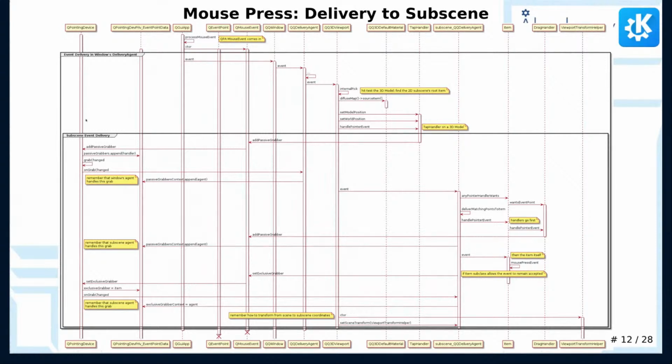The result is like it was before. It will be appended to the passive grabbers list in the event point data, and the signal will be emitted. The subscene delivery agent is going to add itself as the context for that particular passive grab. Next, we deliver the event to the item itself because it's one of these old-fashioned items. This legacy logic that we have says that if the item allows the event to remain accepted, then that means